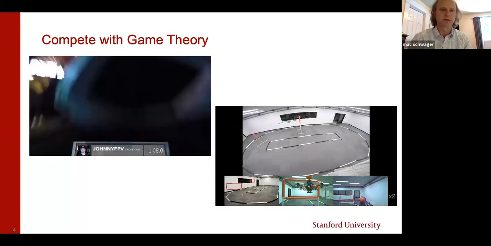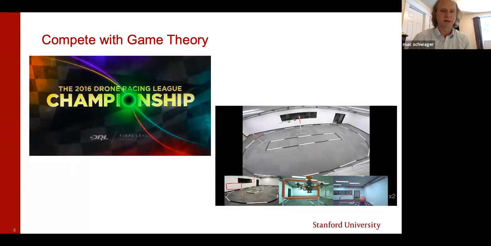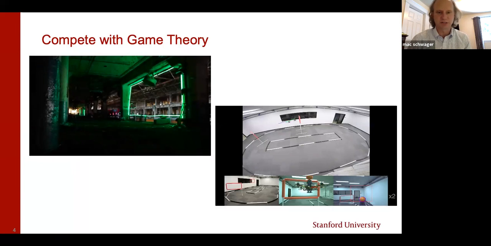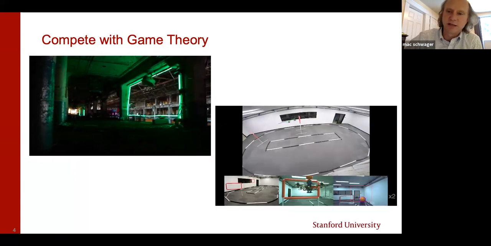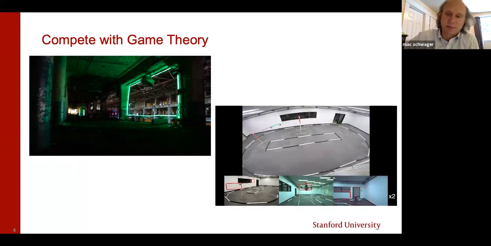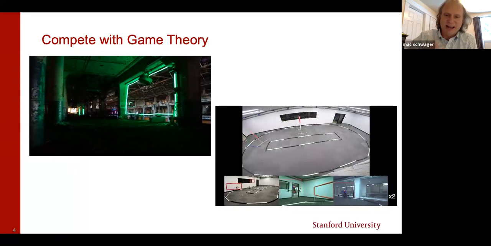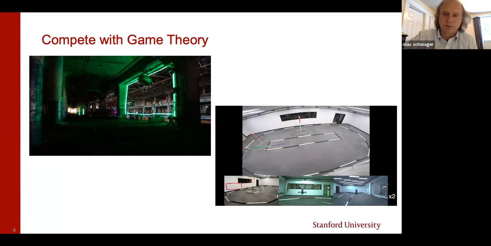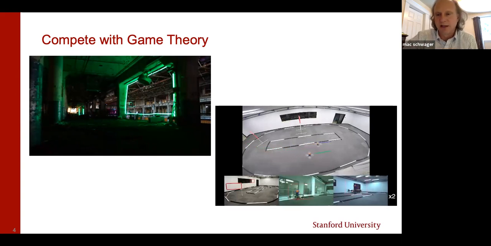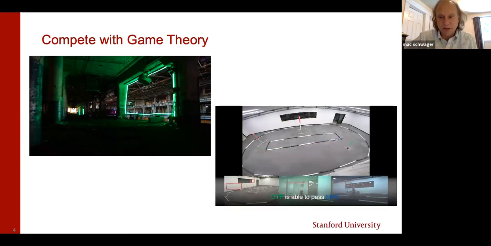This is what it means to be a good racer: not only do you get around the track quickly, but you know how to defend your position or gain advantage over other cars. And that's the competition I'm interested in. This is very much a game theoretic concept. Basically, there's limited real estate, there's limited track area that you can navigate on, and you want to choose your path along that track area to benefit you while hurting your opponent. And so I'll be talking about an algorithm that we've developed that's a game theoretic planner.